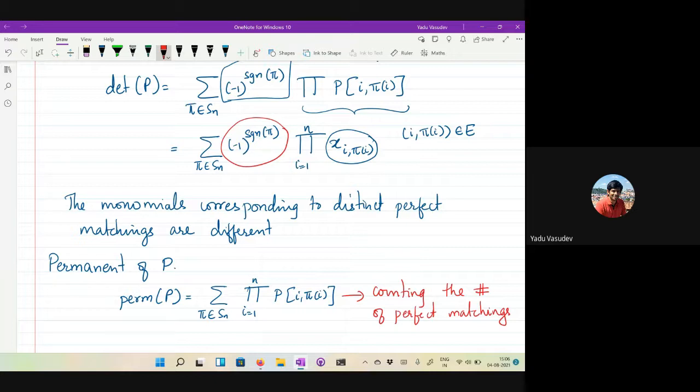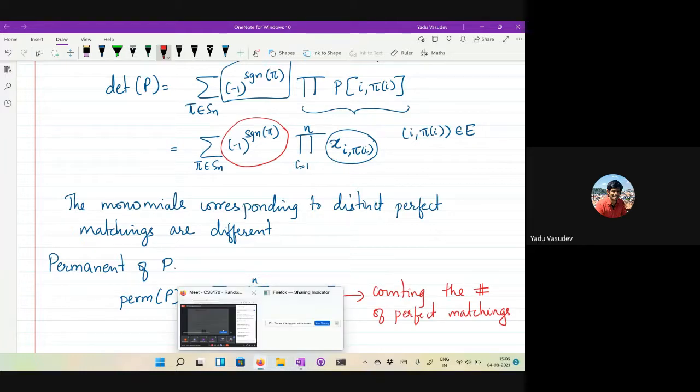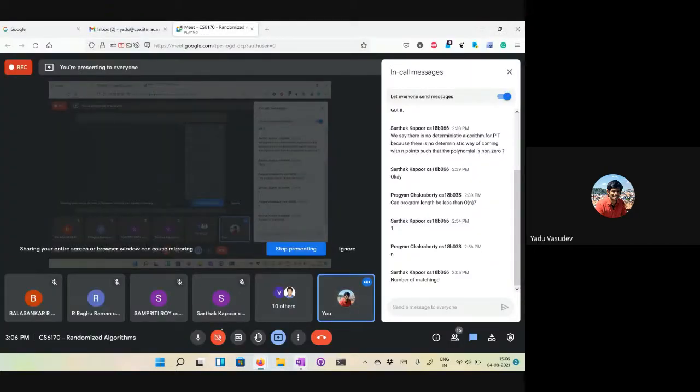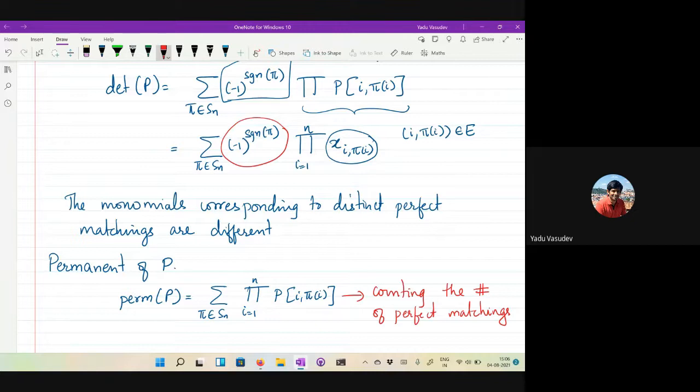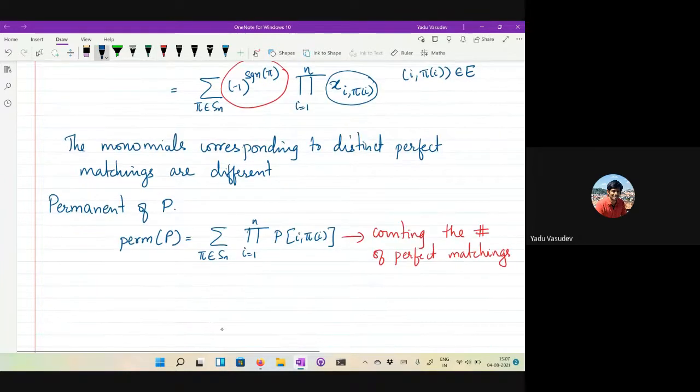So while checking whether the graph has a perfect matching and computing a perfect matching is a very simple problem computationally, counting the number of perfect matchings, even for bipartite graphs, turns out to be a very hard problem, right? Computationally. And so later on in this course, we'll actually see an algorithm that will approximate this quantity. Okay, we will actually see how to approximately count the number of perfect matchings.